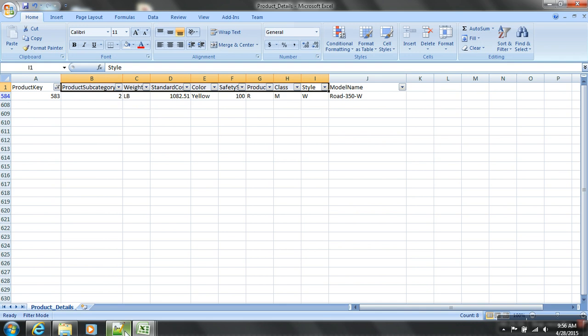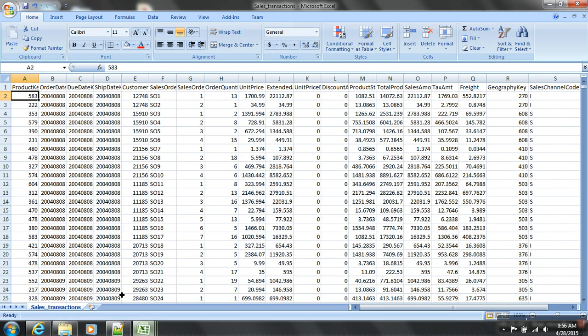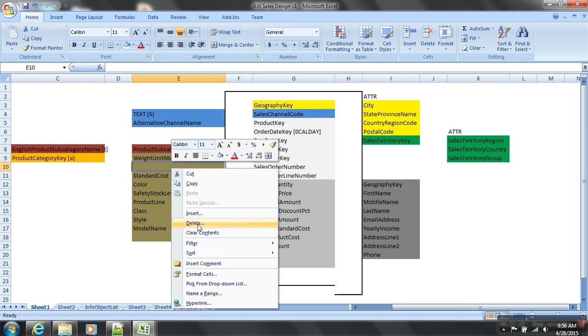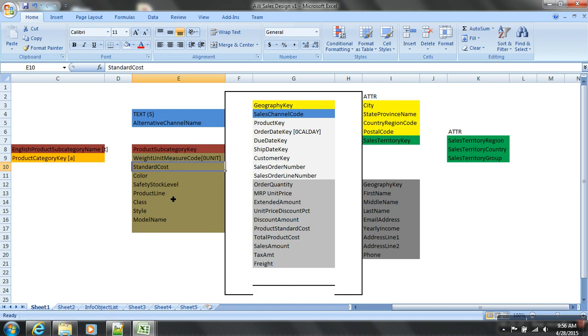Okay, good. So the same way, for product key I'm going to have both attributes and text. Subcategory, unit, we removed this, right? Standard cost, safety stock level, product line, class. All this I'll maintain in the attributes. So all this will be your attributes, okay? But this I'll go with